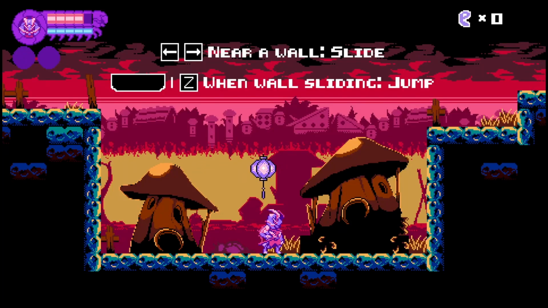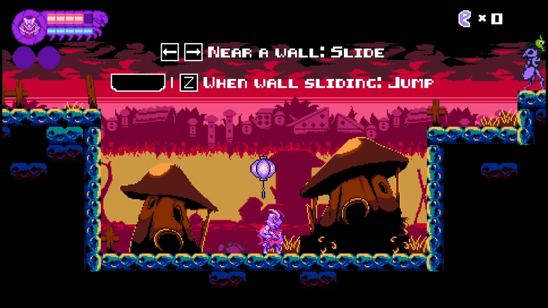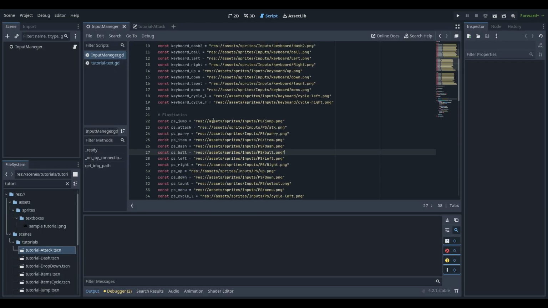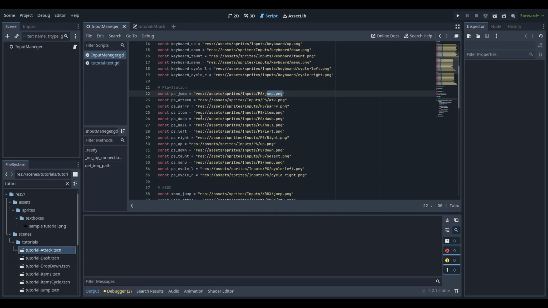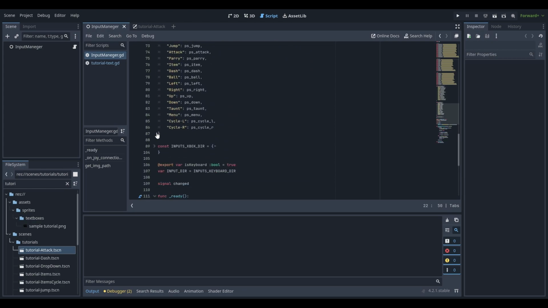This is how I managed to display different controller inputs in Godot. Firstly, I created some assets to represent each different input, just some PNGs, and loaded them in code here. Then I created 3 different dictionaries to associate the functions in the game with those images.